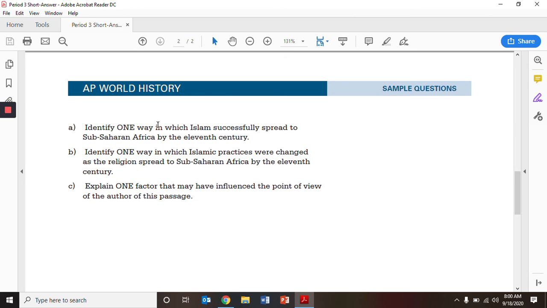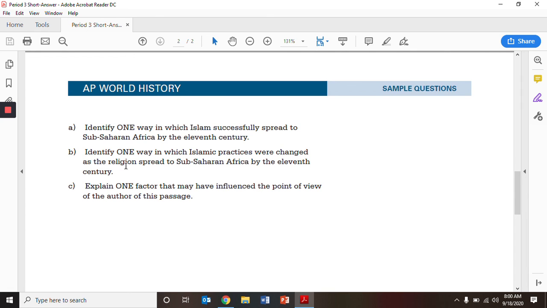Y'all just need to do 2 to 3 sentences for each bullet point. This is not meant to be a super long essay. It's just to prove, do you know how to look at sources? Do you know how to draw on questions and answer them? So it's just a short response. So 2 to 3 sentences, 4 max, because you're going to run out of room. You only get a page on the test to write.